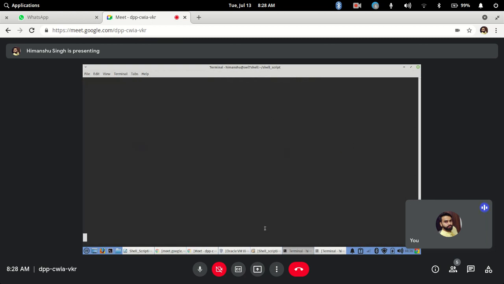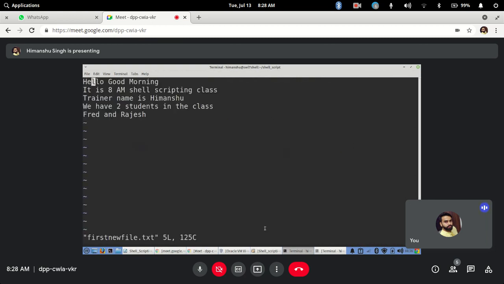Now to navigate, if you see the cursor, the white cursor that is highlighted. To move that cursor up and down to a specific location, you can use your arrow keys. Or by default, you can also use the keys K for moving up, J for moving down, H for moving left, and L for moving right.